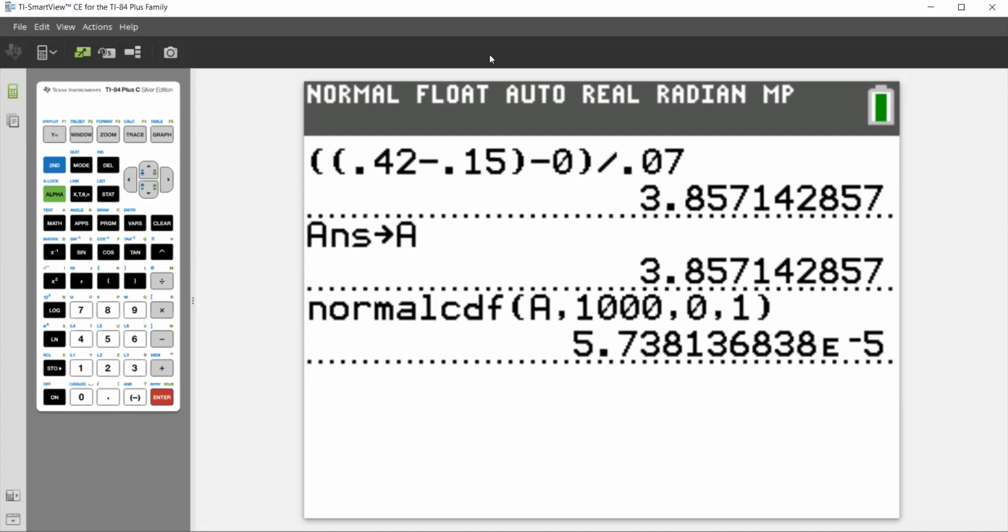Somebody's telling in. And that means if we move the decimal point to the left by 5, so we get 4 zeros, 0.000 and 574 maybe. Basically, this is a very small number. And so our p-value is really small, 0.0000574. And again, if alpha is something like 0.05, 5% level of significance, we're going to reject the null